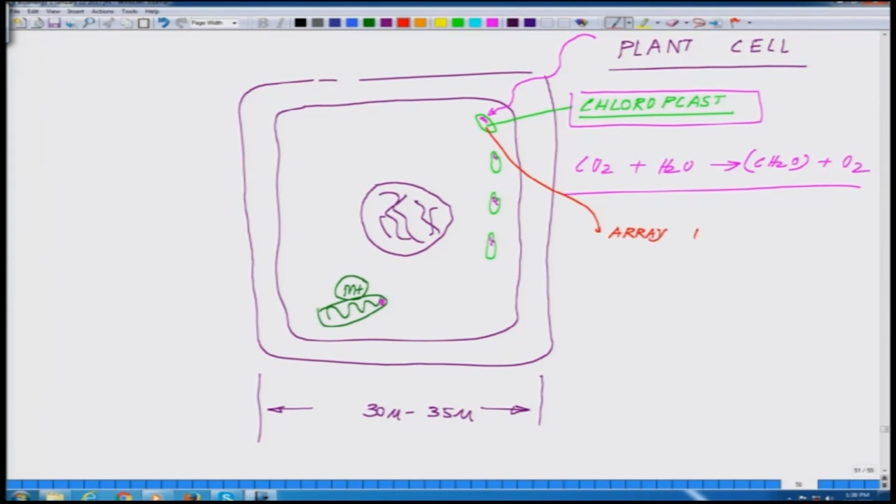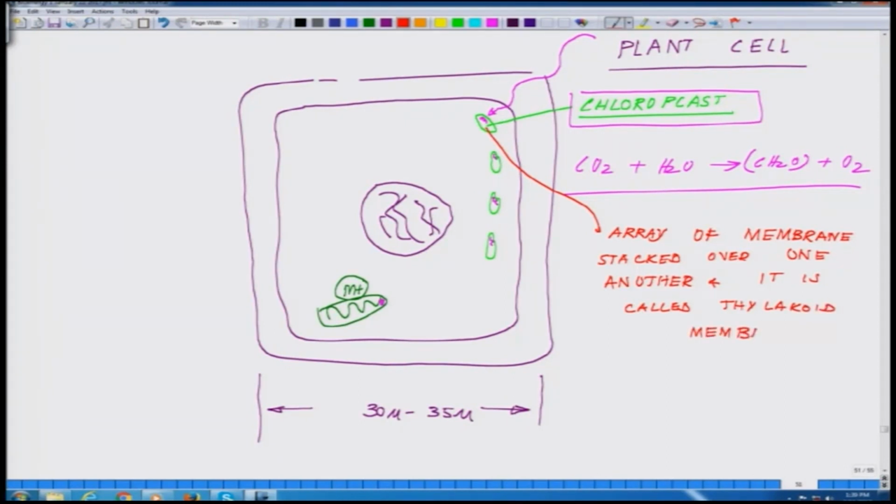It has an area of membrane which is stacked over one another, and it is called thylakoid membrane. And we will talk about the detailed structure of the thylakoid membrane, or the site where this energy transduction is taking place. So, before we get into the thylakoid membrane,